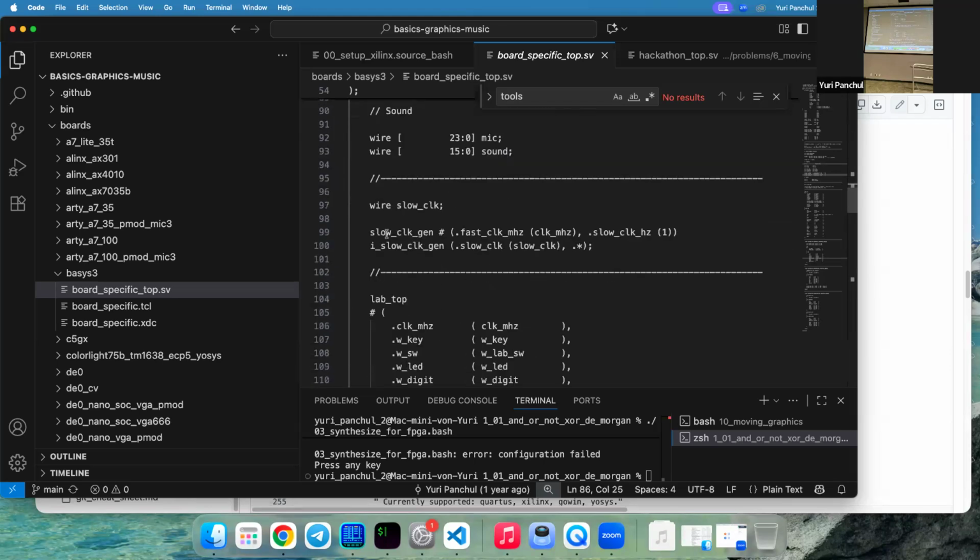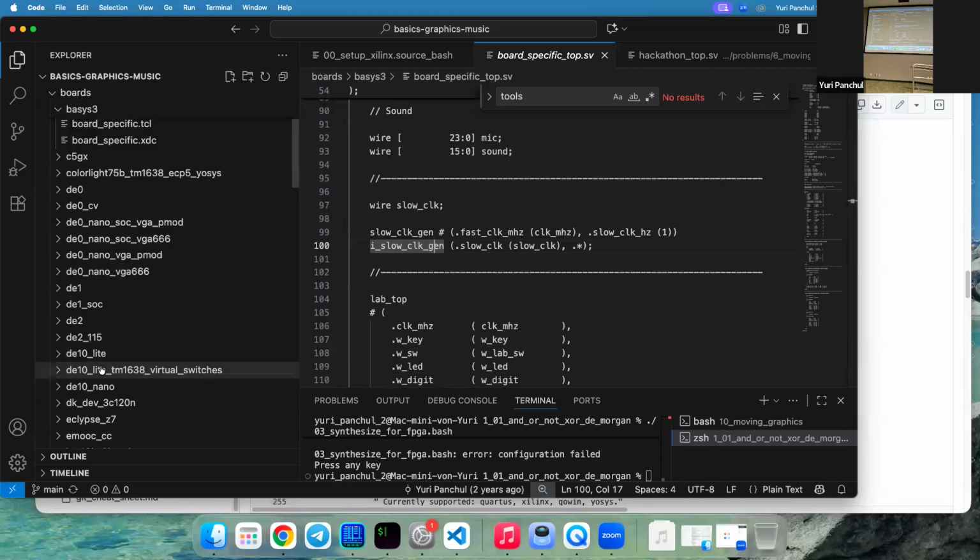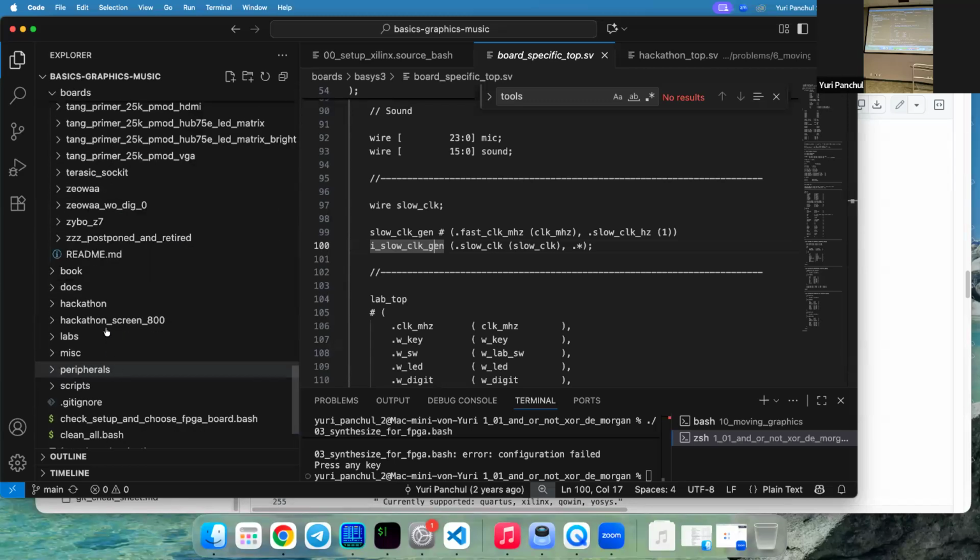Then you put the slow clock using a module called slow_clock_gen, and slow_clock_gen just uses a counter to divide the clock, but then after you use the counter, to put it to the proper clock network inside of the FPGA, you need on Xilinx to use a pseudo module BUFG. And this pseudo module is different for each vendor. Like in Altera, it's called global. In Gowin, it's called just like in Xilinx, BUFG. And this thing is located in